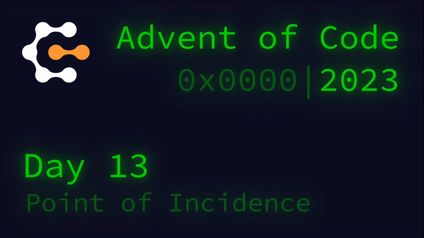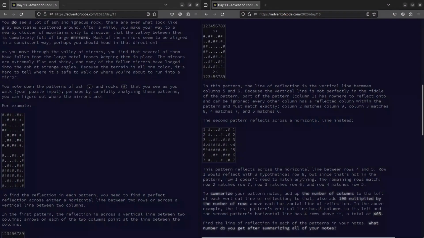Today we are exploring Advent of Code 2023, Day 13, Point of Incidence. I'm going to show you 50 lines of code which solve it in 80 milliseconds. Let's dive in. We are given the patterns of ash (dot) and rocks (hash mark), and we need to find